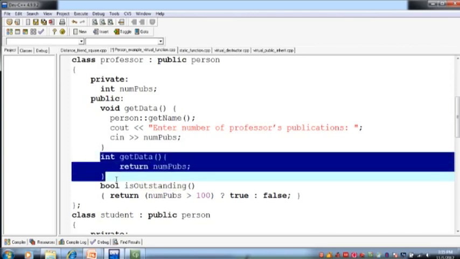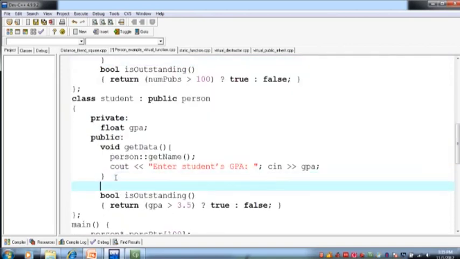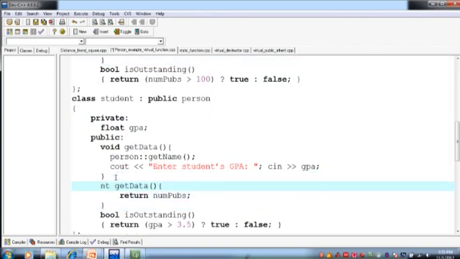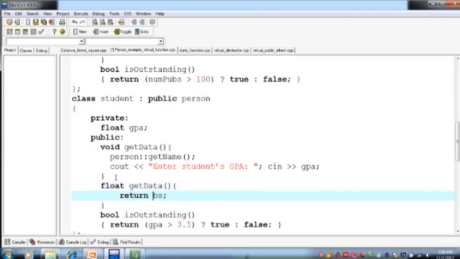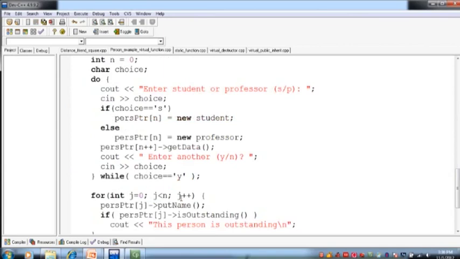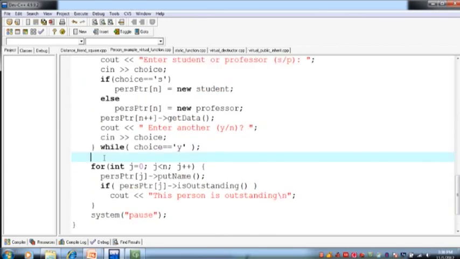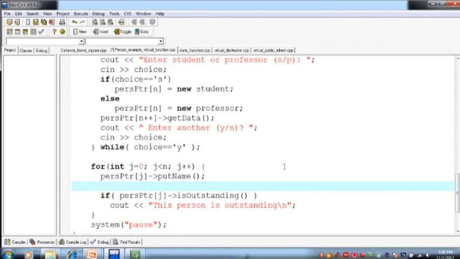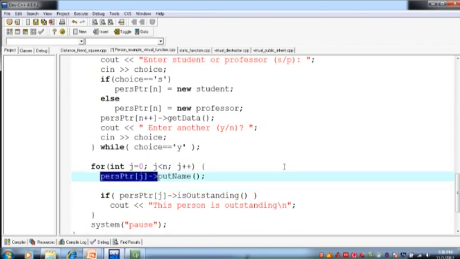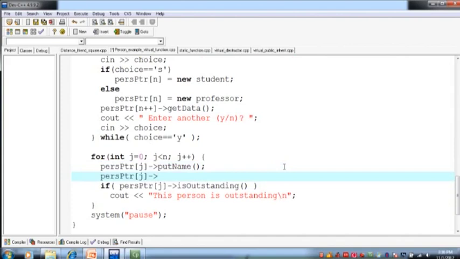So then we have the same function with the same name in the student class, get data. Return type क्या है इसकी? float है, right? So it will return GPA, right? So then we come over here at this place and we call the get data function. Let's see what happens if we can call this function with that pointer or not. ठीक है, so name जो है वो name input print कर देगा और get data जो है वो data print कर देगा. So let's say cout